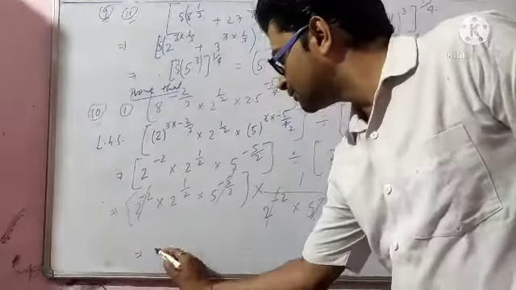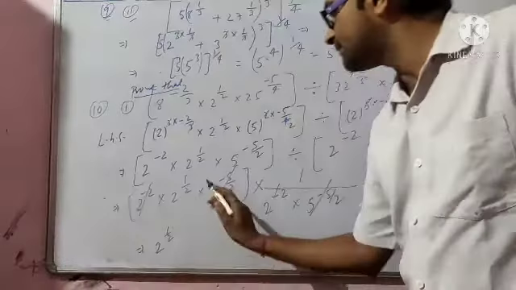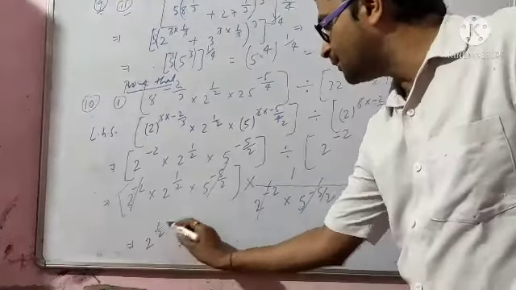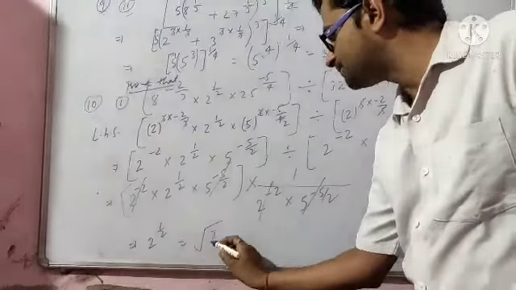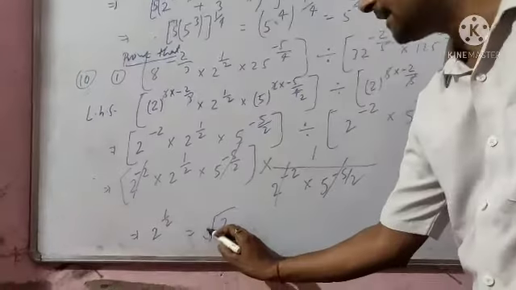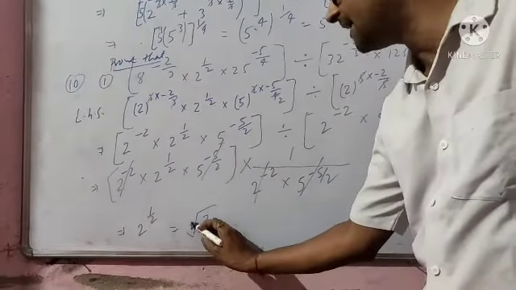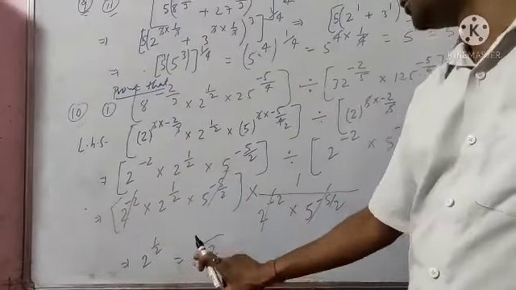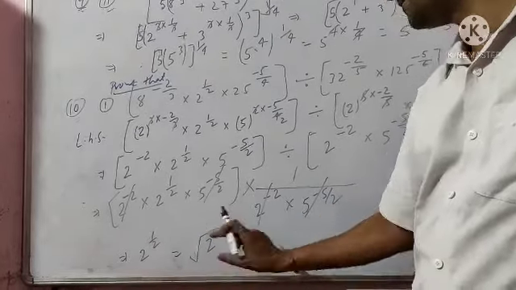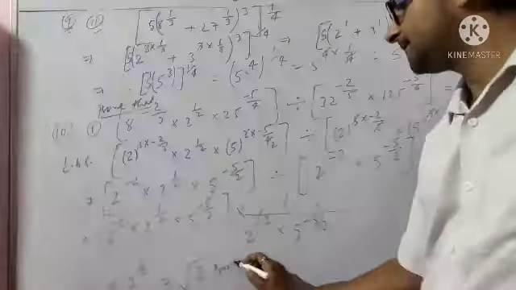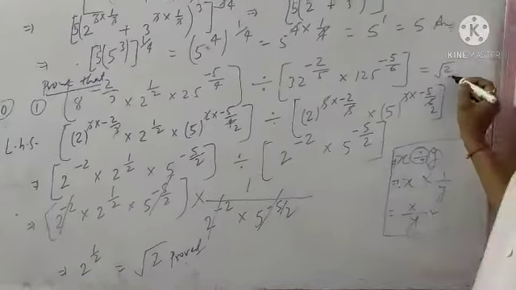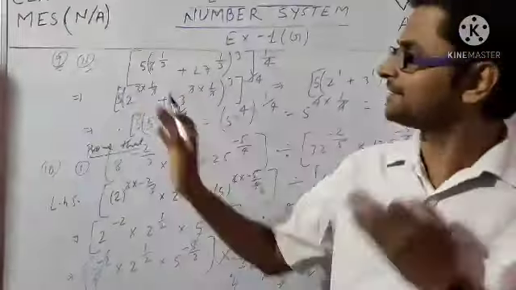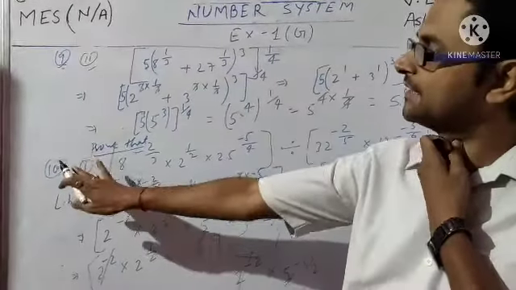So here 2 to the power 1 by 2 is the final answer, because 2 to the power 1 into 1 is equal to 2 to the power 1 by 2, and this value can be written as under root 2, because if there is nothing here, only the 2 is hidden in the square root, then this will be written as 2 to the power 1 by 2. So this is your proof. Look at here student, the proof is root 2, here is also root 2. Okay student, I hope you will understand question number 9's second and question number 10's first.